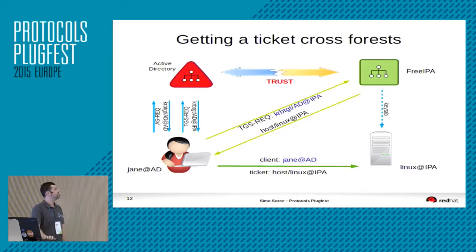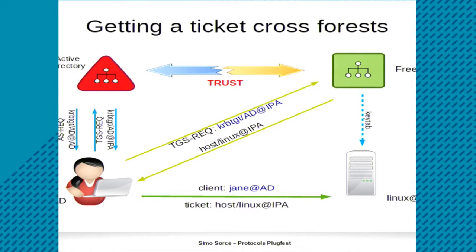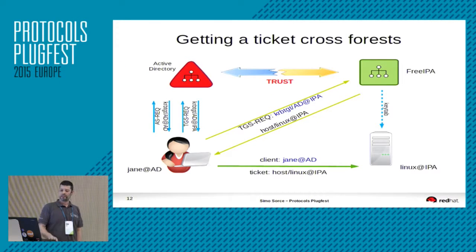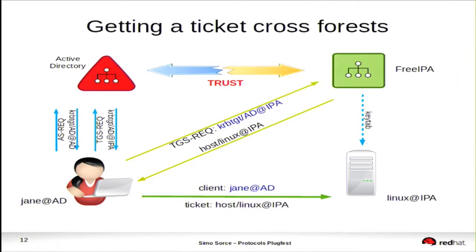This is a diagram of what happens when a user wants to join the other part. The first part, the blue part on the left, is just the user doing normal authentication against their own main identity provider. So you just go to Active Directory, get a ticket, and then talk to the machines on that side. Then comes the moment where you have to talk to the other side. And this is where these two keys that I just described come into play. So you go to the Active Directory domain controller and say, I want to talk to the Linux server on the right. And it will tell you back, well, this is the key to go talk to the other KDC. And so you go there,